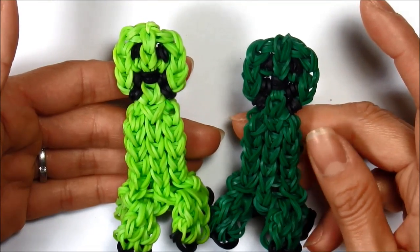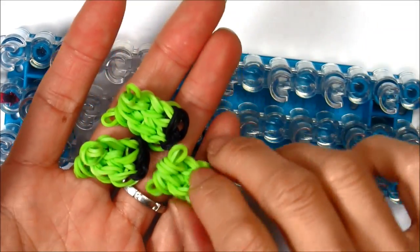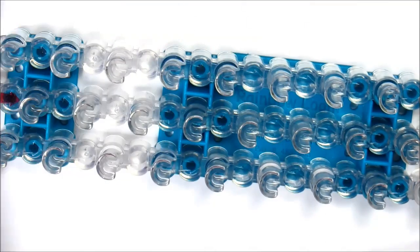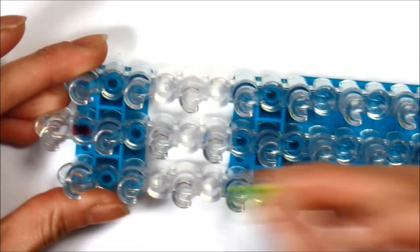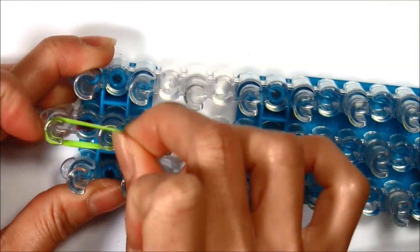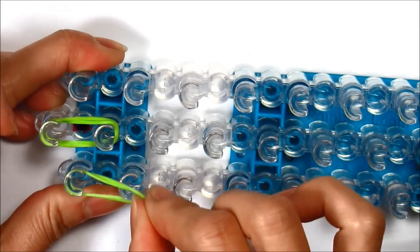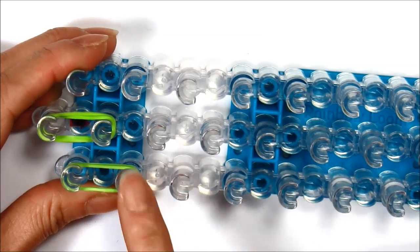So let's get started. First, you're going to make his feet. And you'll need a total of 4. I've made 3 and I'm going to show you how to make 1. Taking 2 single rubber bands, you're coming from the center peg down 1, again with 2 single rubber bands, coming on the side down 1, and you'll do that 2 more times on both